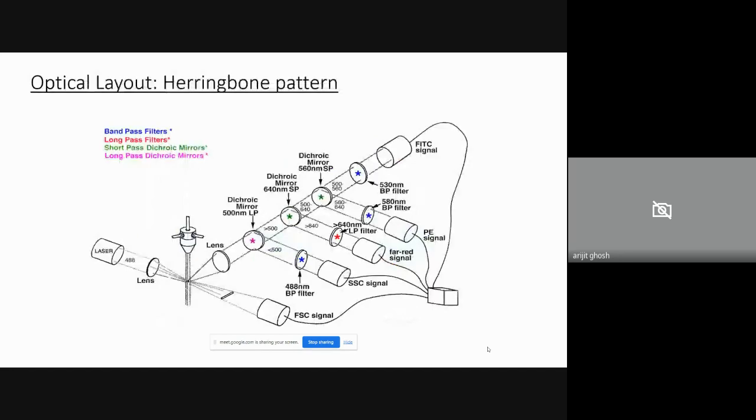Now there are mainly two types of optical layout in a flow cytometer. This one is the old one, which is called herringbone pattern. So in this pattern,